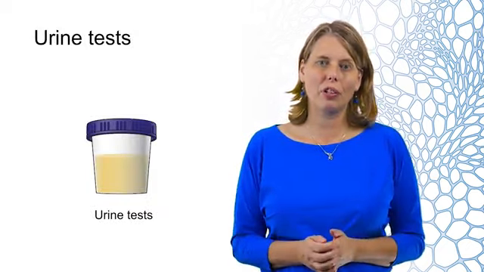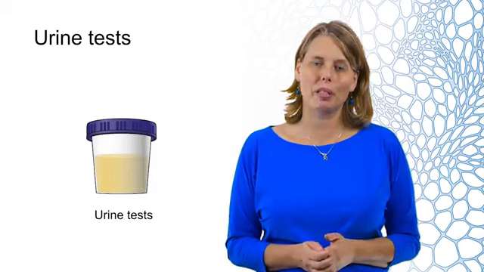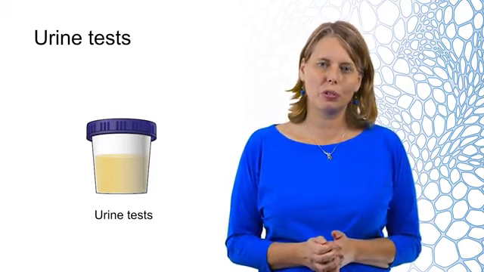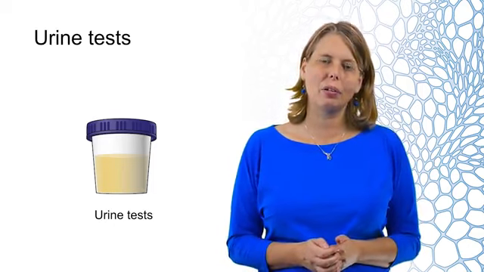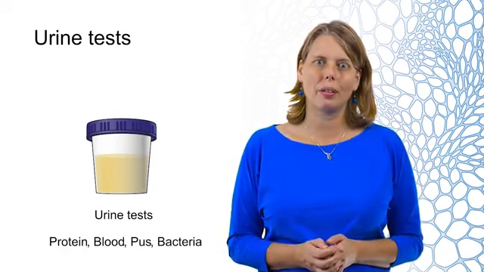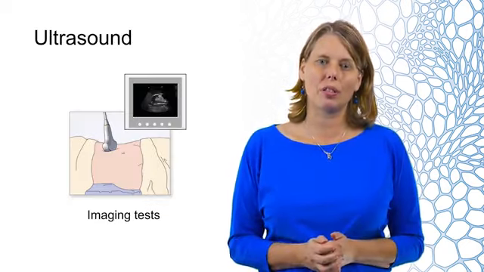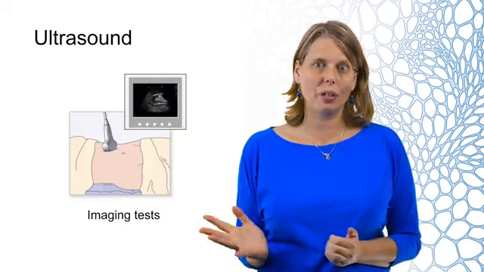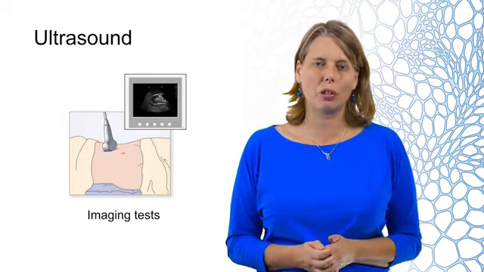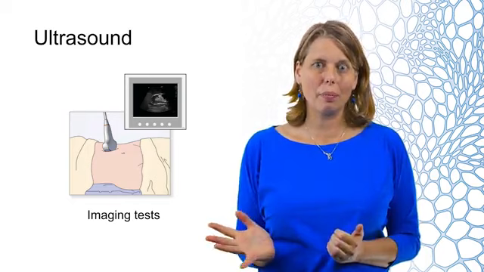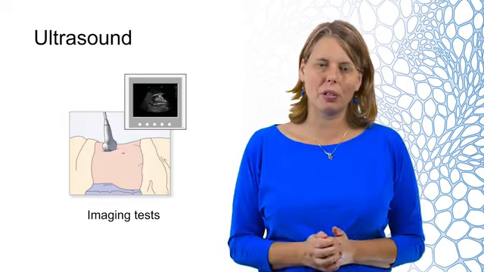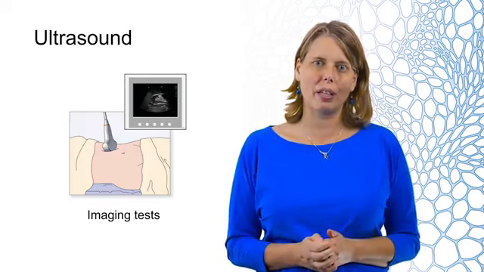Urine tests can show how efficiently body wastes are being removed. In addition, it can be used to screen for many factors, including protein, blood, pus and bacteria. Imaging tests such as CT and ultrasound, as shown here, can be used to look for structural abnormalities and obstructions. As an example, when there is an obstruction, you will find hydronephrosis, which means swelling of the kidney due to